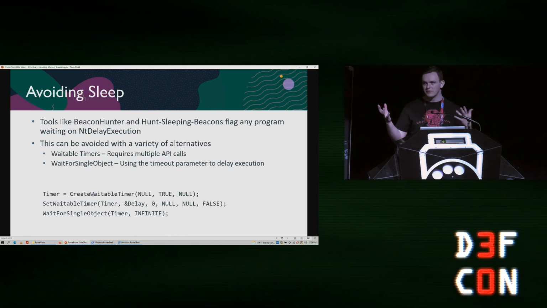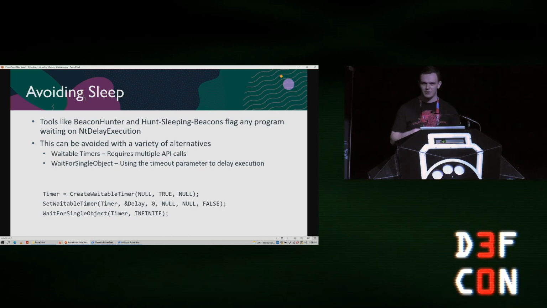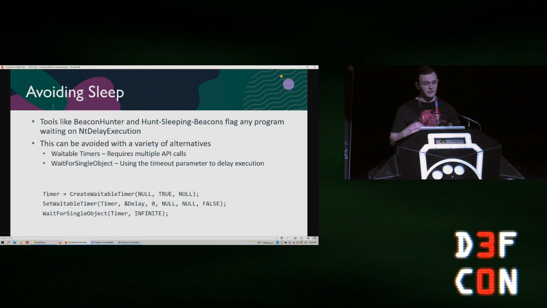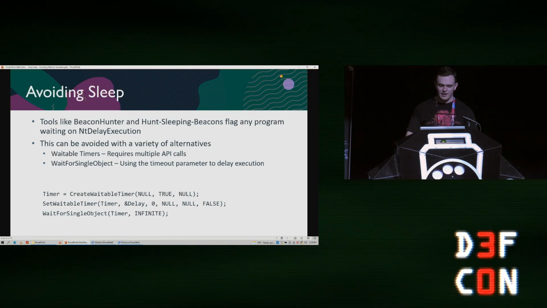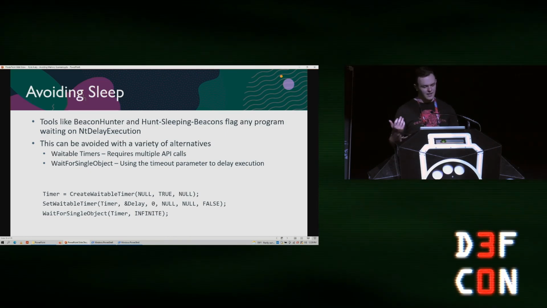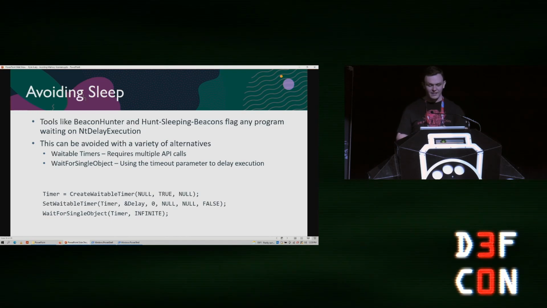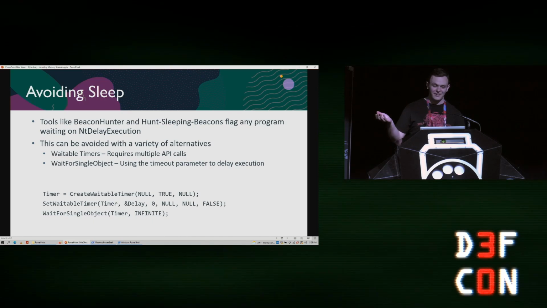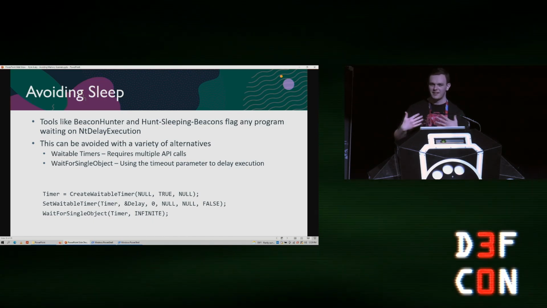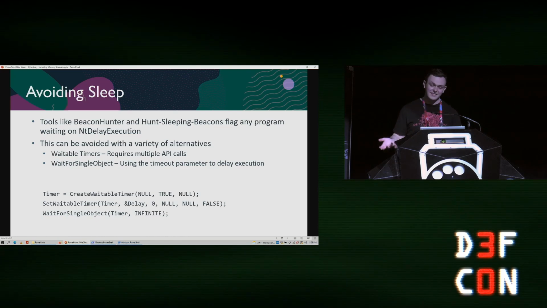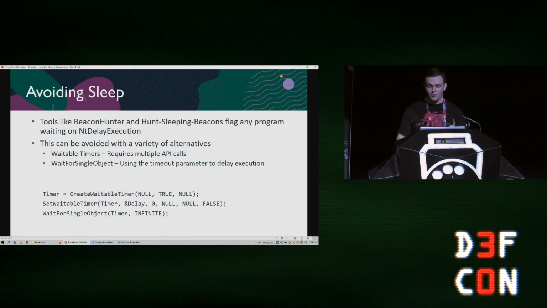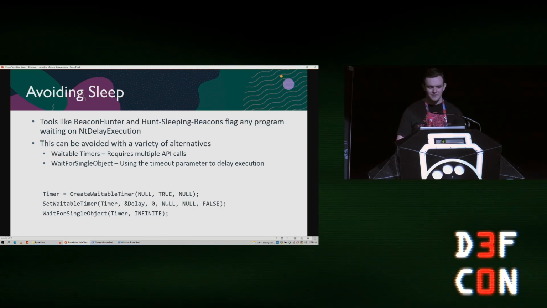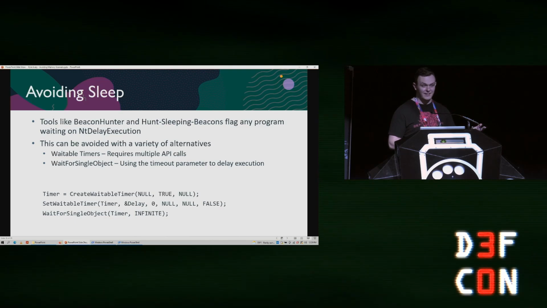use our own code that sleeps, but that runs into the same problem where we don't want executable code, right? The other thing we can do is use timers again, and you can see there at the bottom, I've sort of shown you what that might look like. The problem with that is you have to use 3 different API calls to do this, and so when we start talking about ROP chains, that makes it much larger maybe than it needs to be. The last option here, just using WaitForSingleObject, is I think the best. You pick something that isn't going to become alertable, maybe the original thread that's sleeping, right?